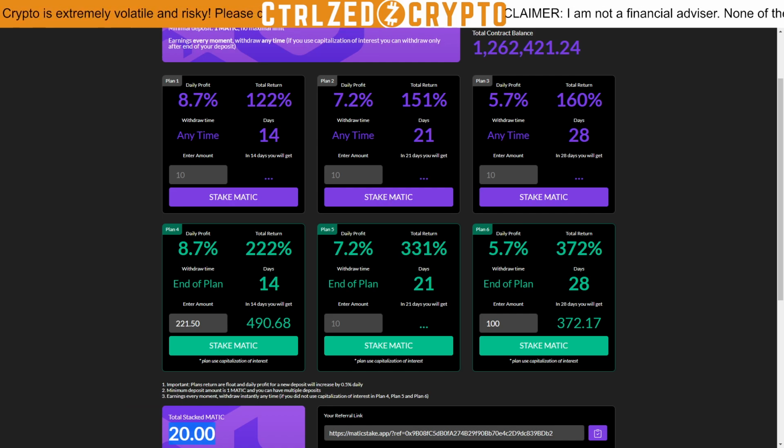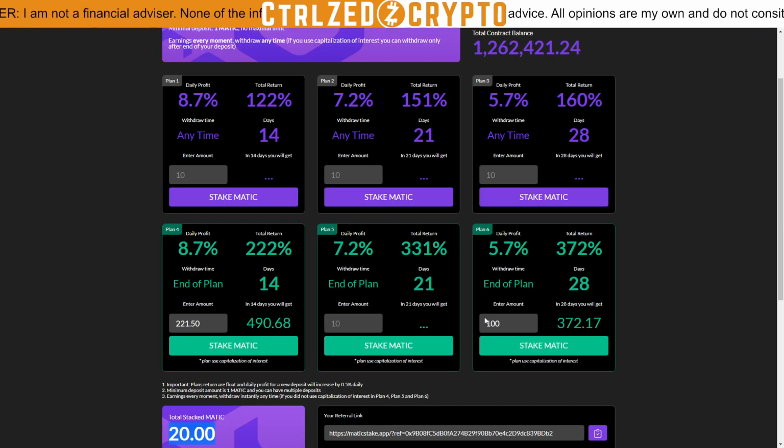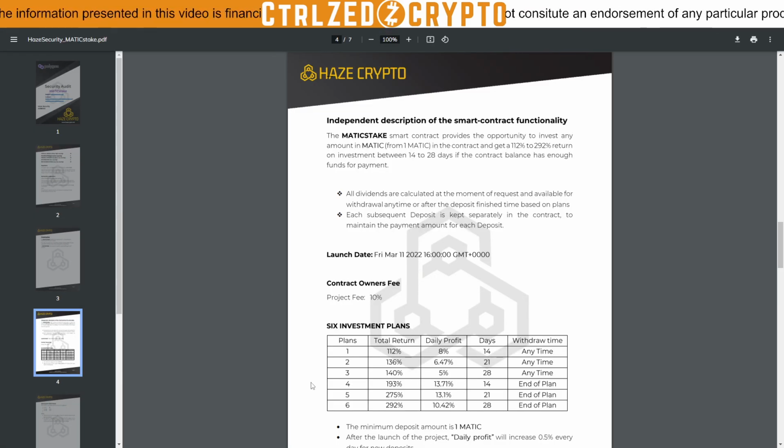Basically, it's a typo. It's incorrectly represented, as is this and as is this. So this is not 8.7, 7.2, and 5.7. This is something more like 13 and 10. It's not a good sign, but really it doesn't matter what's on this front page. It all goes into the smart contract, and you actually get paid the rates that are in the smart contract,